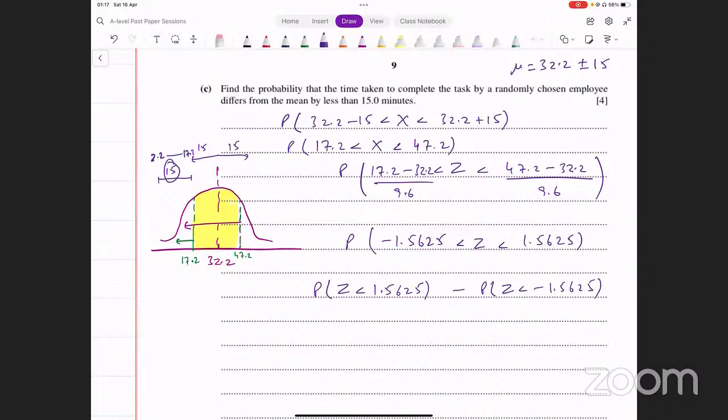मतलब सर? क्या मतलब? देखिए 15 अलग से तो कुछ रिप्रेजेंट नहीं करता ना। 15 तो आपका डिफरेंस है 32.2 से, असल वैल्यू तो आपकी 17.2 है और 47.2 है। तो 15 की z वैल्यू हम कैसे निकाल सकते हैं? मतलब 15 इज नॉट अ वैल्यू ऑफ x, उसको तो हम स्टैंडर्डाइज नहीं कर सकते ना, वो तो सिर्फ डिफरेंस है बिटवीन दोस टू वैल्यूज।